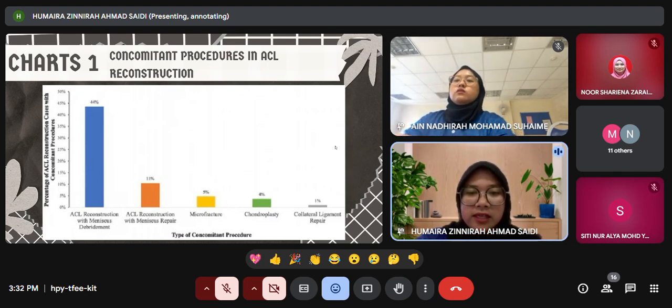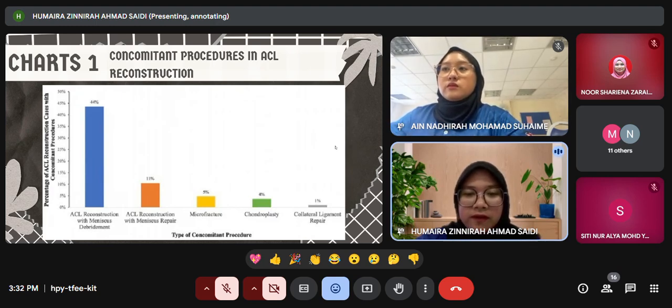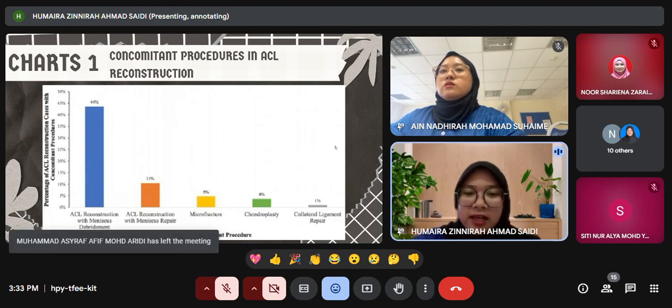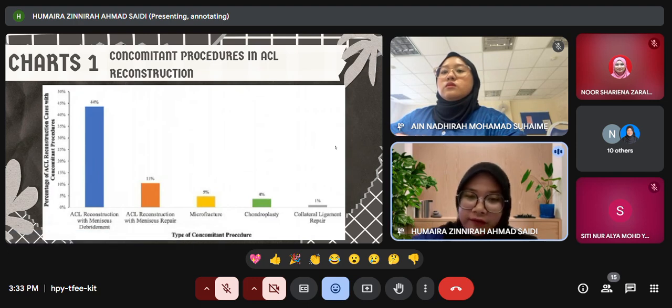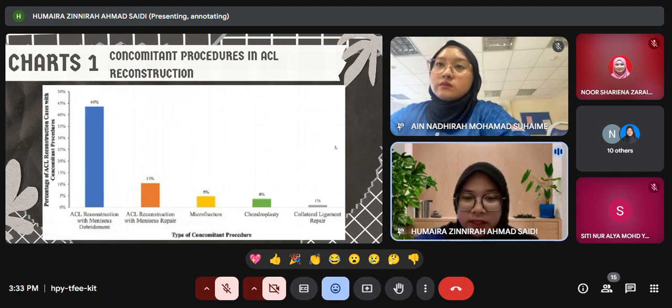As we can see here, the x-axis shows the specific type of additional procedure performed, while the y-axis indicates the percentage of ACL surgeries in which each was performed. As shown, meniscus debridement is the most common procedure done alongside ACL reconstruction, as it has the highest percentage compared to the others like meniscus repair, microfracture, chondroplasty, and collateral ligament repair, which had the lowest